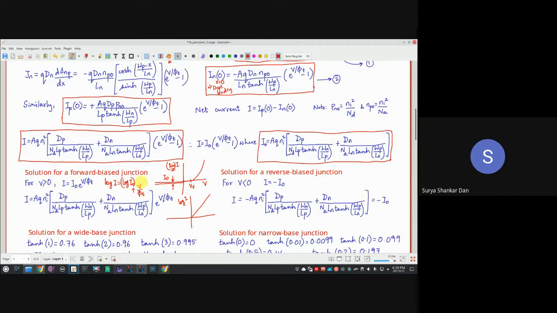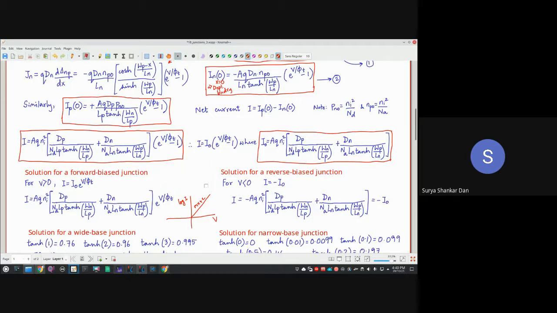So this is v, right? So 1 upon phi t into v. So this is mx plus c. So this is a simple case of mx plus c relation, that is linear. Okay? So what we get is that the reason why it is appearing to be 0 here is simply because it is in the linear scale. If you are plotting the same IV characteristics of the diode in the log scale, it is going to be linear.